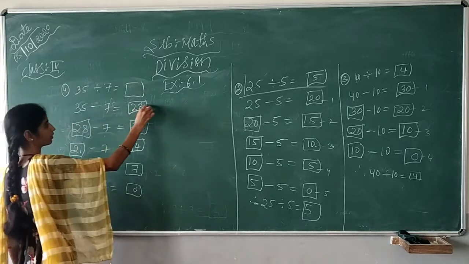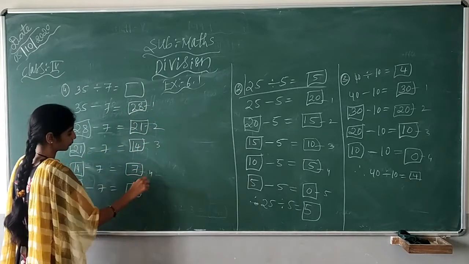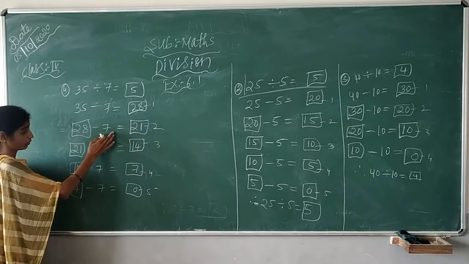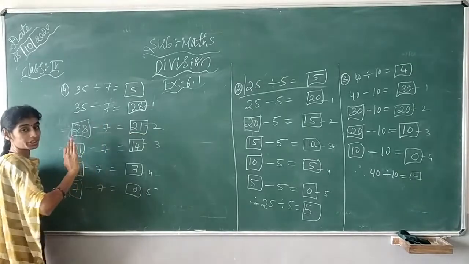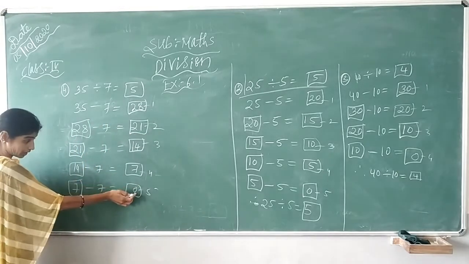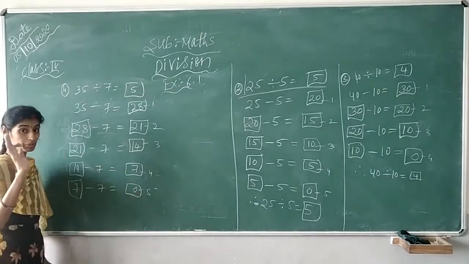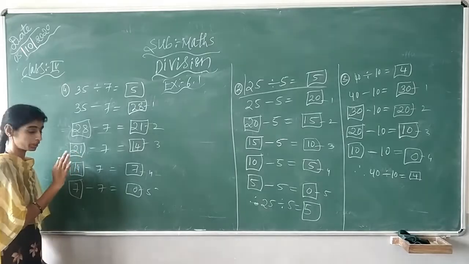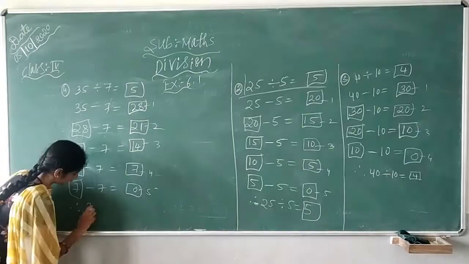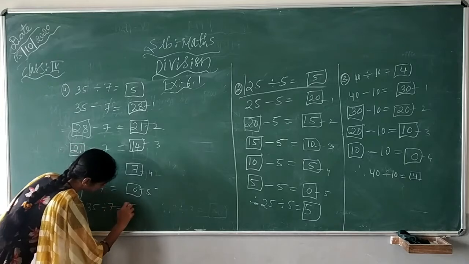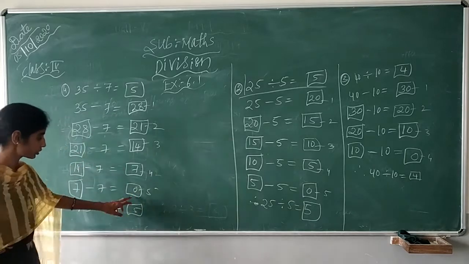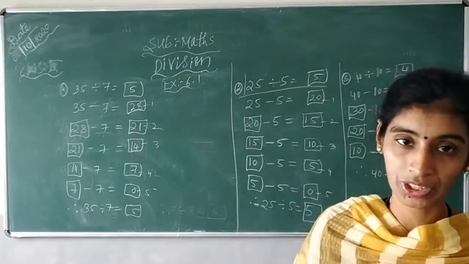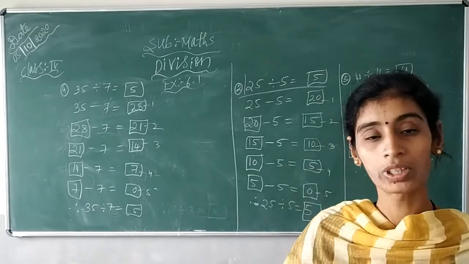So how many steps are there? 1, 2, 3, 4, 5. So here comes this 5. You have to subtract correctly, children. If you do wrong subtraction, then your answer will be wrong. So at last you should get 0. Then only your answer will be right. If suppose you didn't get 0, then somewhere you are going wrong. You have to think. Okay. So therefore 35 divided by 7 equals 5. So at last you should get 0, then only it says that your answer is correct. It means you have done the subtraction correctly, or else you have to check from the first step.